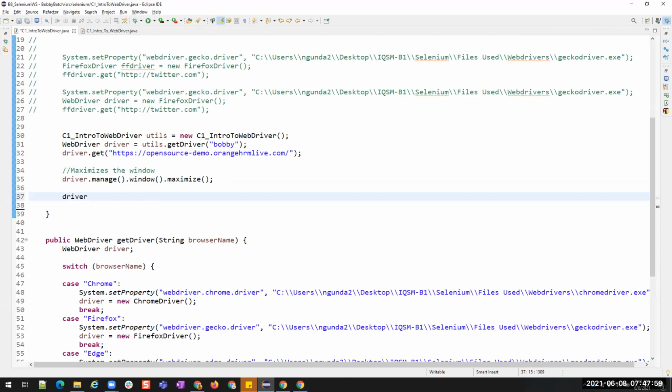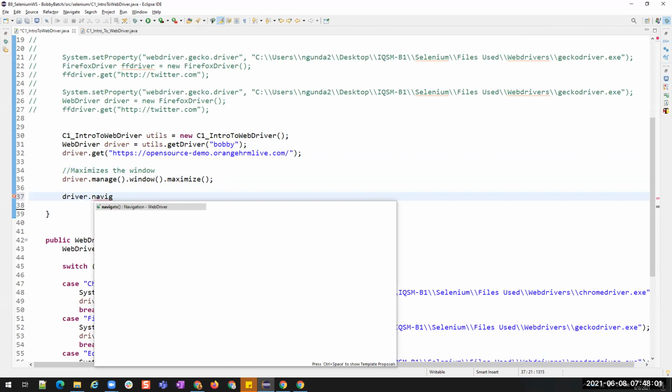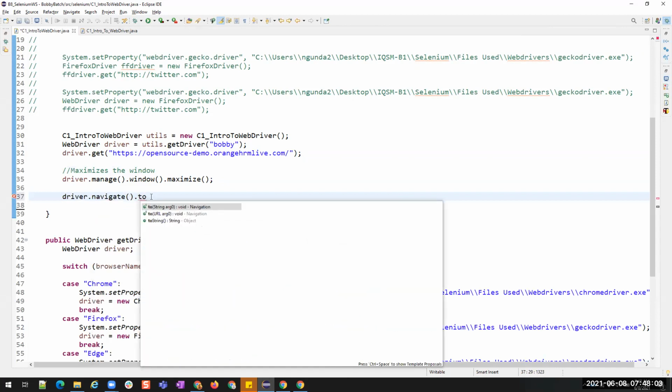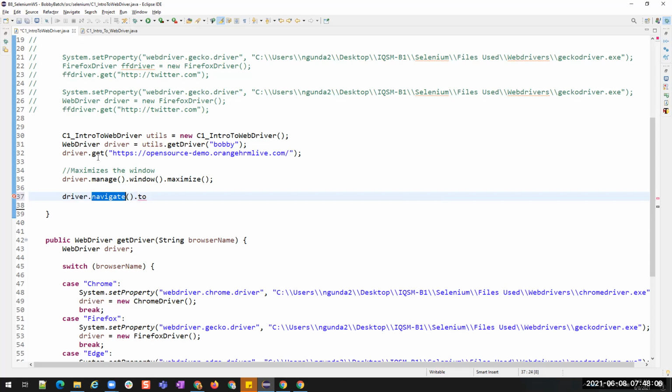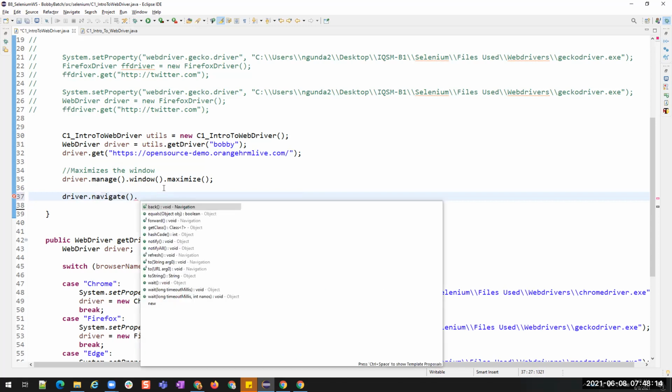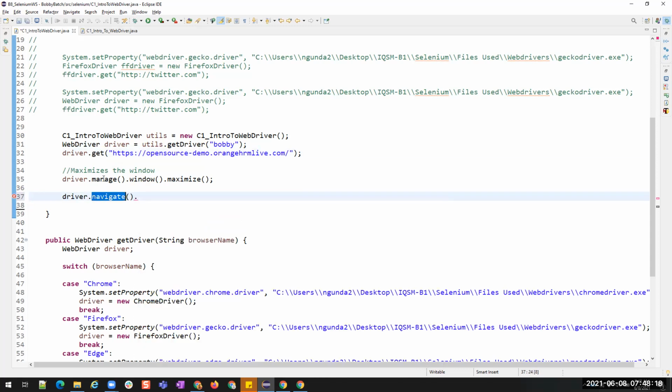Driver.navigate.to. This is another method which will help us navigate to a particular URL. There is a small difference between get and navigate.